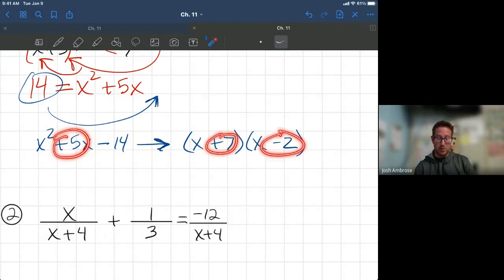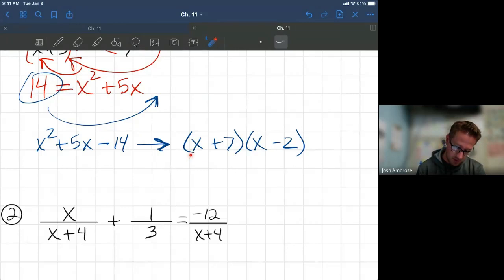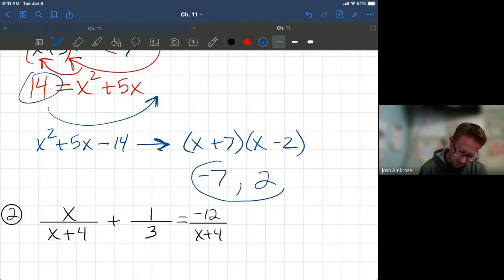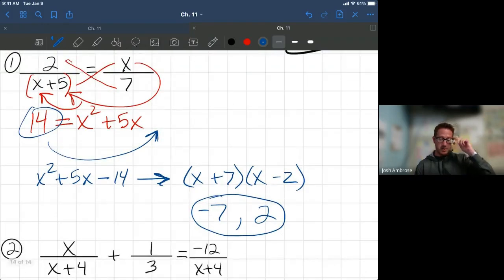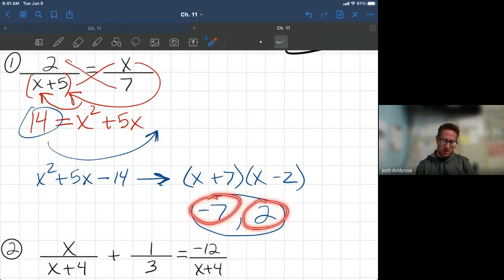But we're not done, because we have to solve this. So do opposites. If this says x plus 7, the answer there is a minus 7. This says x minus 2. The answer is a positive 2. Now, I'm going to circle that, but let's take a look at the original problem. If we plug this in, will it work out? Here's the ultimate trick. If you plug in one of these values, negative 7 and 2,